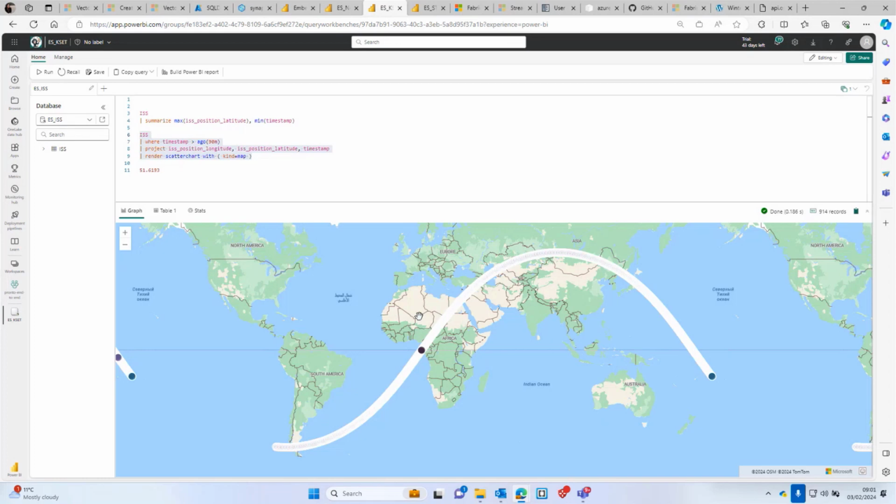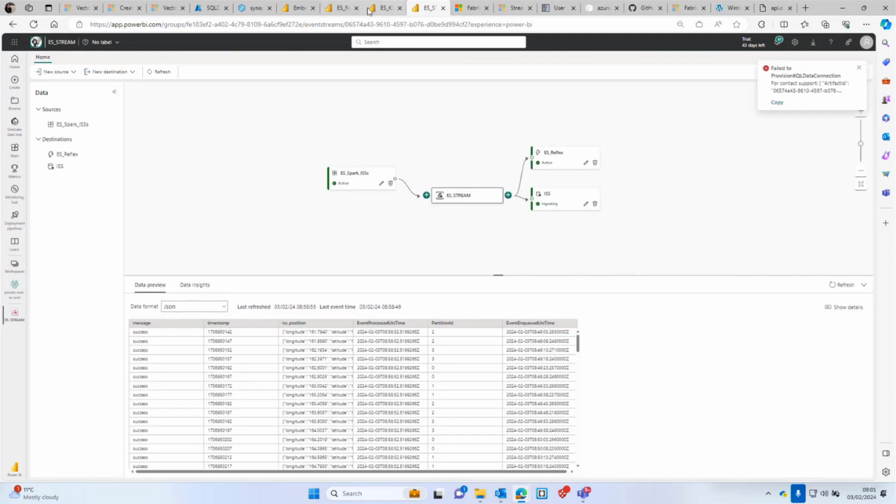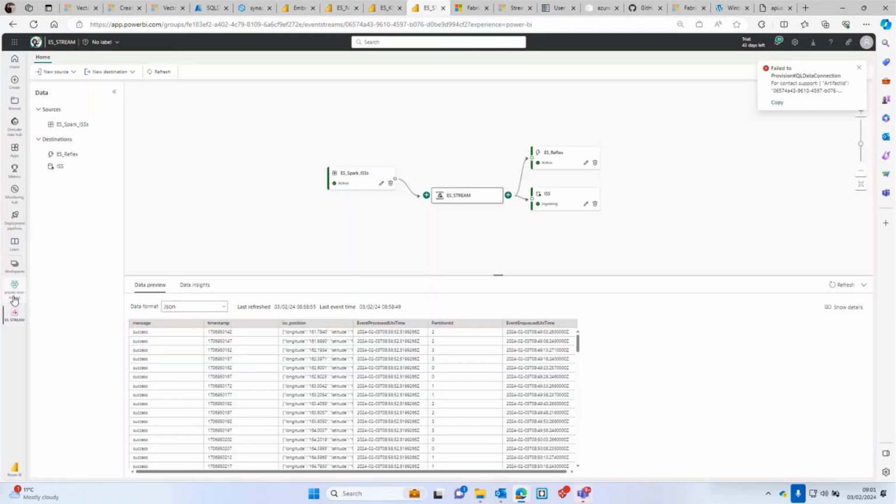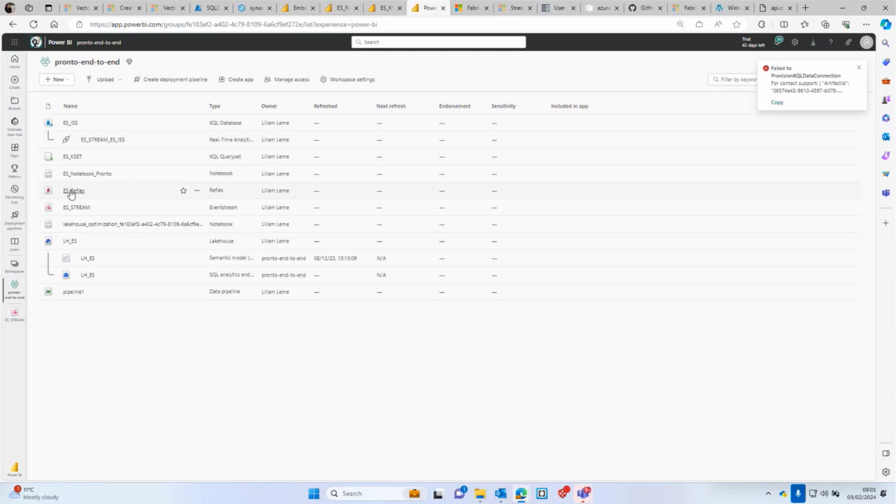I can also, for example, create an alert. So I could use something like a Data Activator. I didn't leave it open. A Data Activator to create an alert every time the International Space Station is maybe close to some country, close